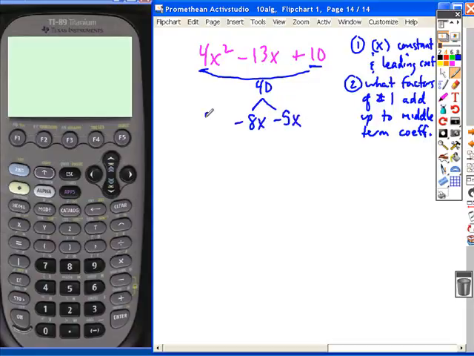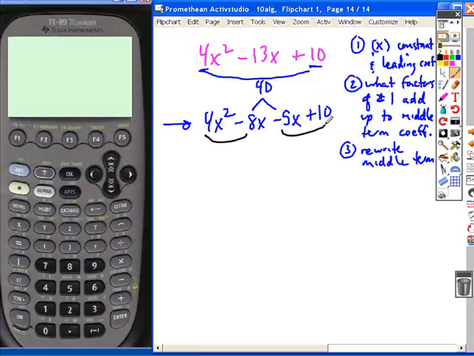So if you rewrite this middle term as the sum of these, so step 3, you're going to rewrite the middle term as the sum of these factors. Is this line right here in blue the same value as the line in pink above it? Negative 8x minus 5x is still negative 13x, right? It's the same thing, just a different form. What you can now do in this is you can factor by grouping. So what common factor can you remove from these 2 terms here? Just these first 2 terms. 4 and